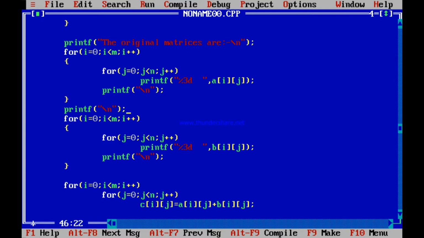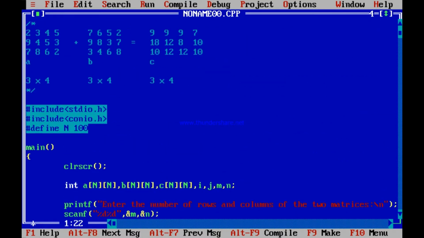But what is not easy is the new program that I am taking up now. A complicated program. What is that? Instead of addition, if I want to do multiplication, do you get what I want to say? Instead of doing addition, if I want to do multiplication, how do you multiply? Unlike addition, multiplication is not done element wise. That is, 2 into 7, 14, 3 into 6, 18 is not done in matrix multiplication. Matrix multiplication has got a totally new rule, a totally different rule.